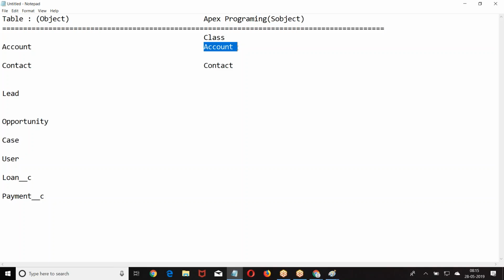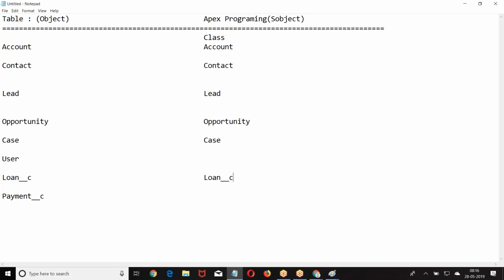Okay, in the table we have fields, in the class we have variables. Which variables are there? Whatever the fields are there, the same fields are taken as variables. Who defined it? Salesforce. So if we have a table called lead, internally we have a class called Lead. If we have opportunity, internally we have a table called Opportunity. Case we had, internally we had a Case. Are you getting my point?